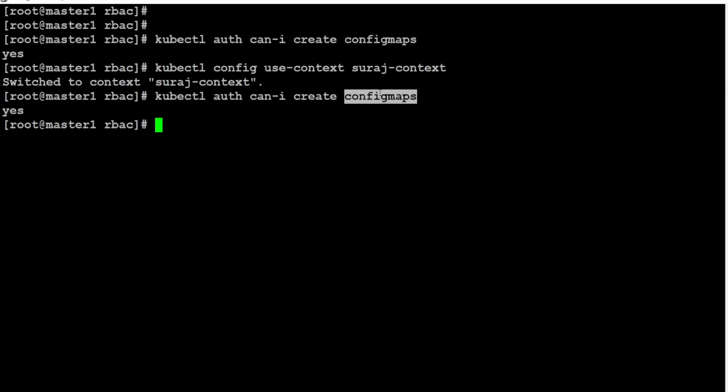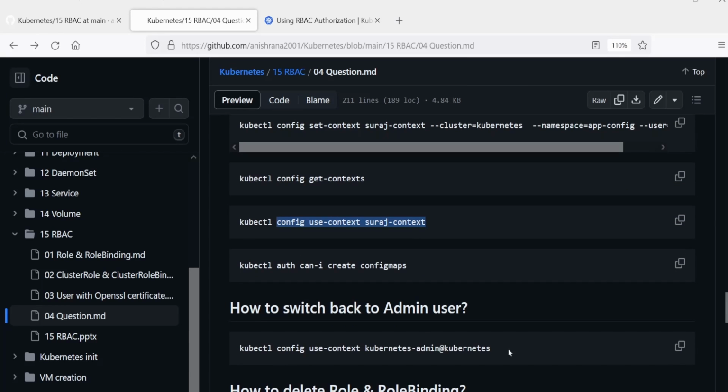Here you can create a config map only, but if I, let's say, create a deployment, the answer is no. This is how we can implement RBAC on users to limit what they can do and in which namespace they can do it.